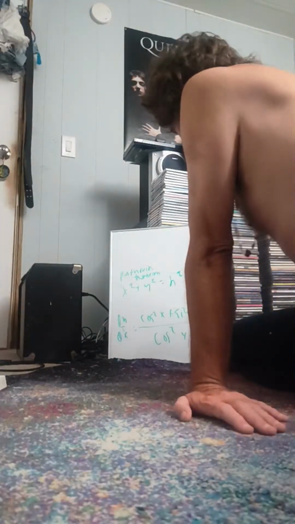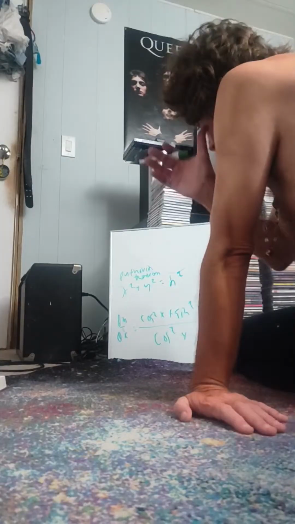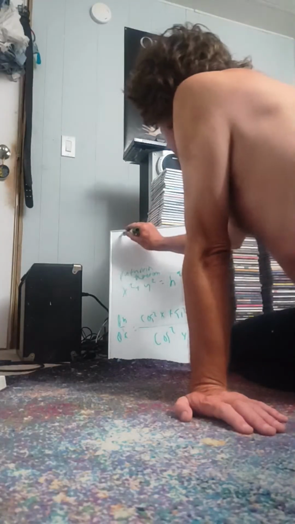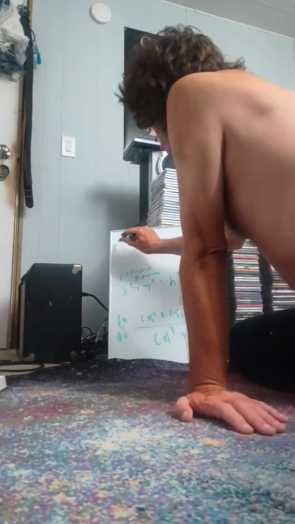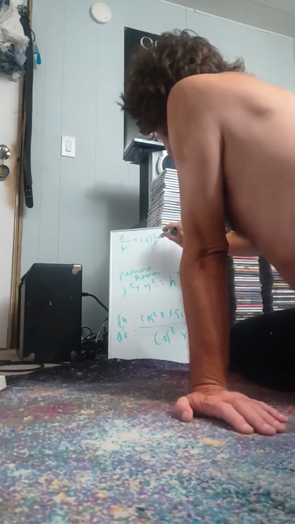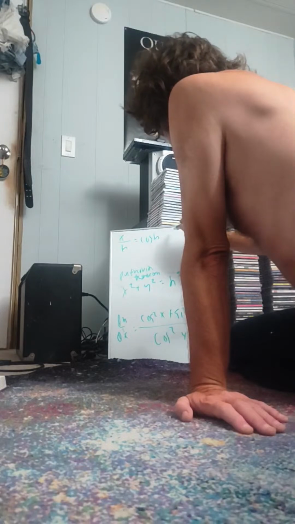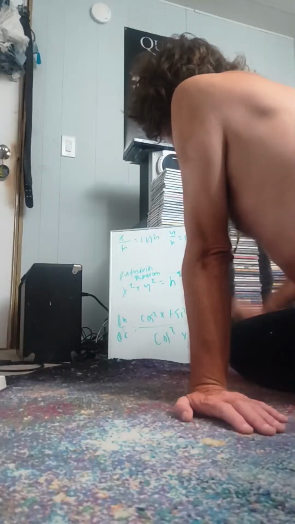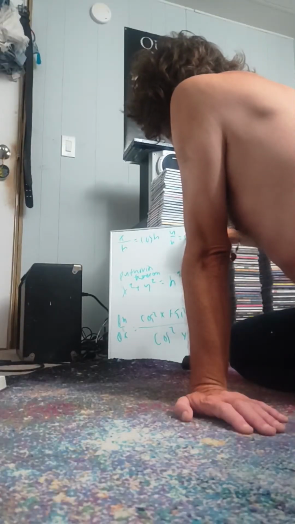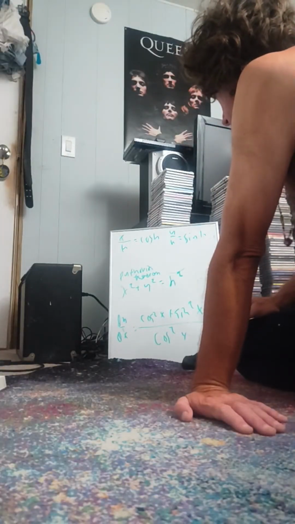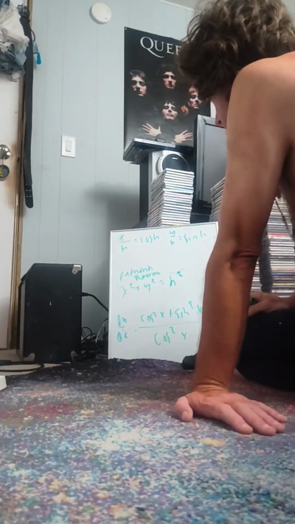I'll think of the name of it later. So if x squared plus y squared equals h squared, and x over h equals cosine h, and y over h equals sine h, then you can see that since the equation of the circle is x squared plus y squared equals h squared,